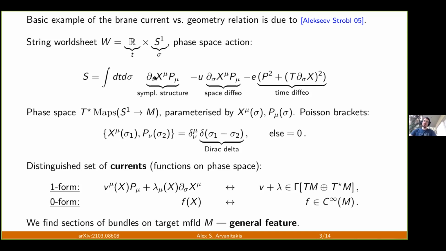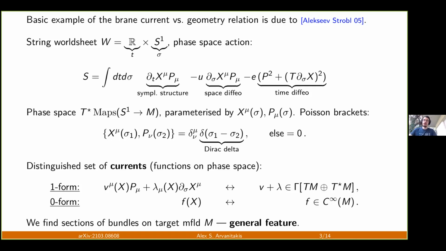And this first term then gives rise to the standard Poisson brackets that you might have seen if you've looked at brane physics. So positions and momenta both depend on the coordinate sigma of the point in the circle, and then you get a Dirac delta function on the right-hand side. Now, the point is, because the momenta are naturally one forms on S1,